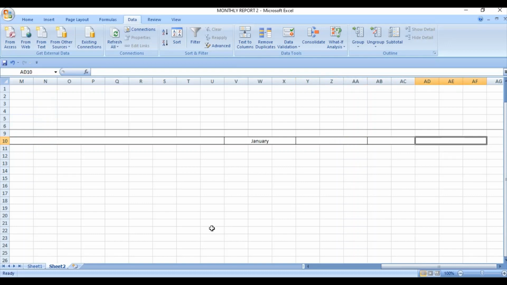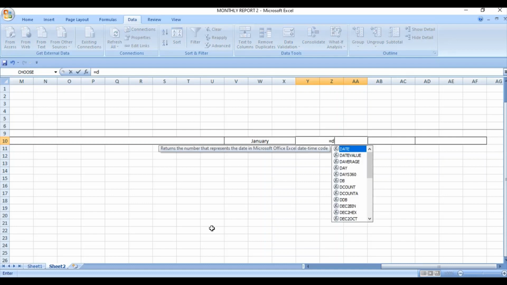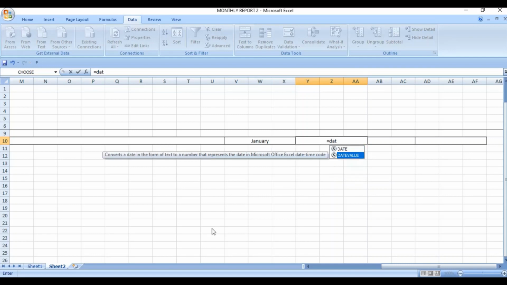In the adjacent box we will write the beginning date. This is also a function-dependent output. So write here DATEVALUE. So the first day of each month is 1.